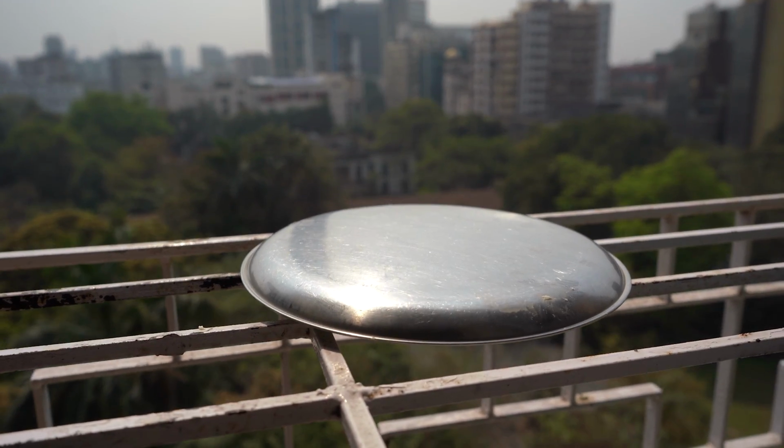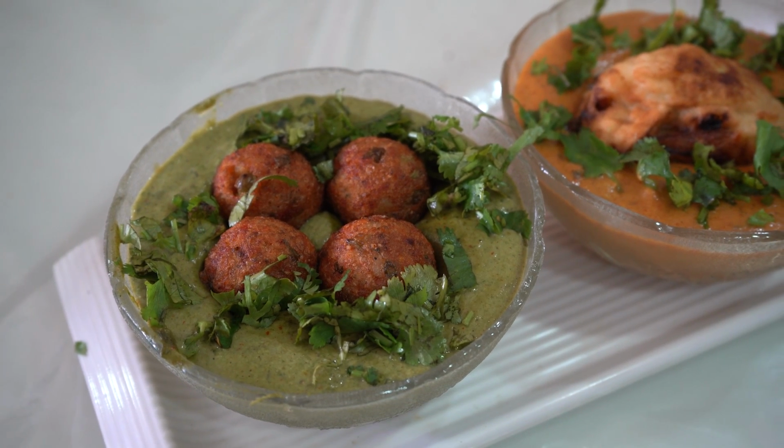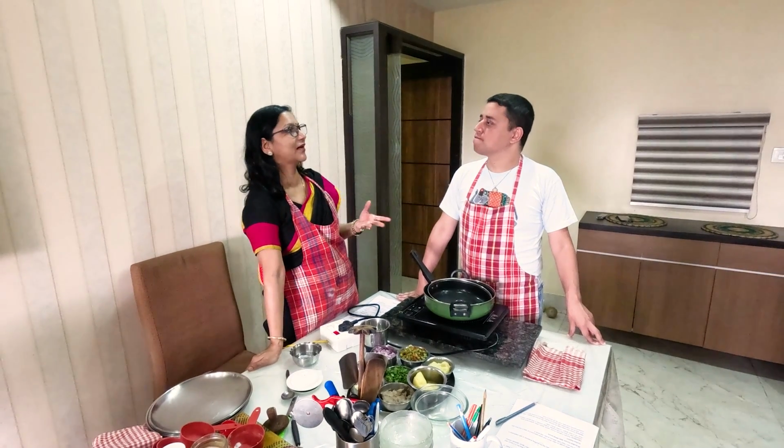So now we are going to do the gravy. We are going to do a yellow gravy and a green gravy. Any of the gravies, we can have with any of the parathas if you want. Okay. It's not necessary to have it with lacha paratha, you can have it with rice also, you can have it with